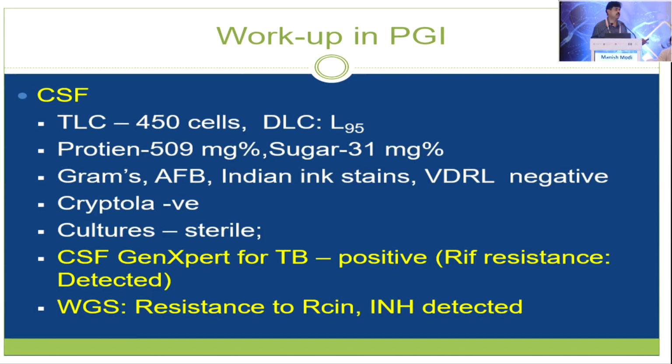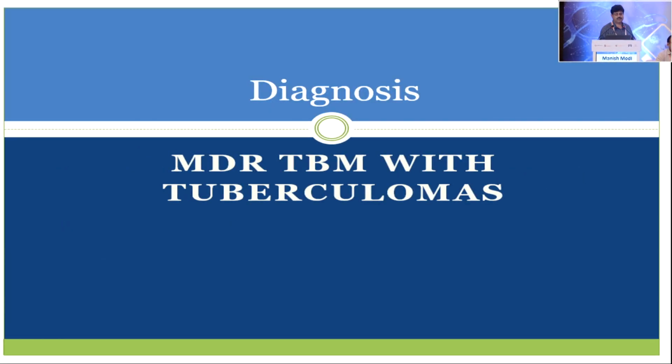But in this case, we again did all the workup, and again GeneXpert TB came out to be positive, but this time GeneXpert is showing that there is a rifampicin resistance. And our microbiologist, who is experimentally doing the whole genome sequencing of the tuberculosis bacillus, said that there is a rifampicin and INH resistance. So now this is the case of multi-drug resistant tuberculous meningitis with lots of tuberculomas, which we saw in this case. And of course, he was started on